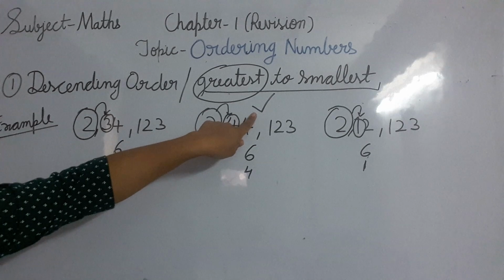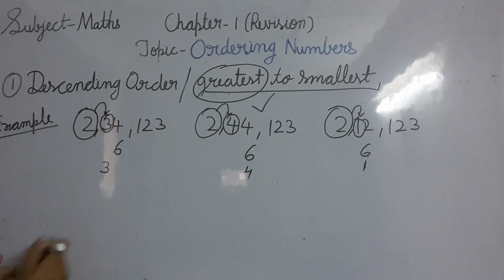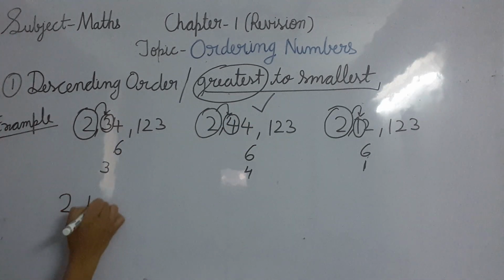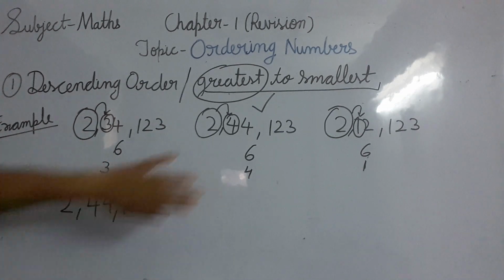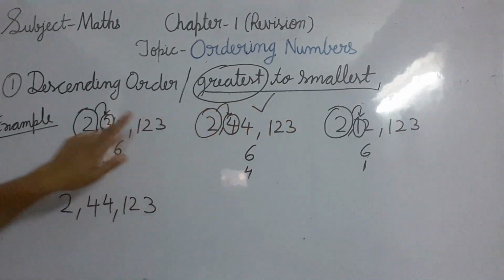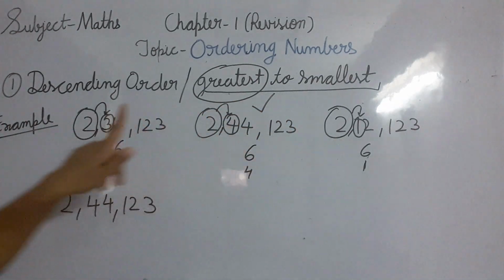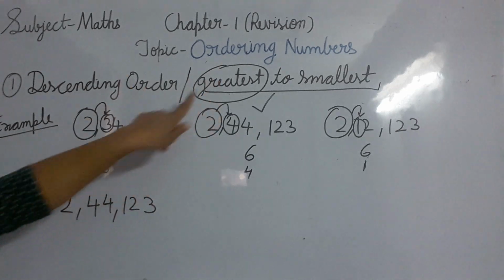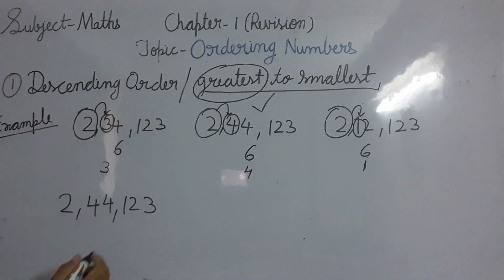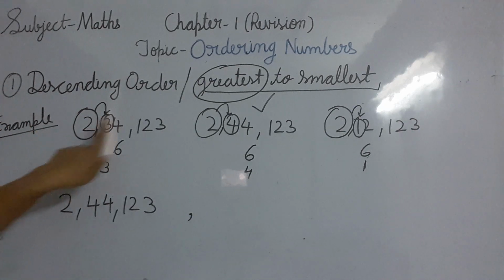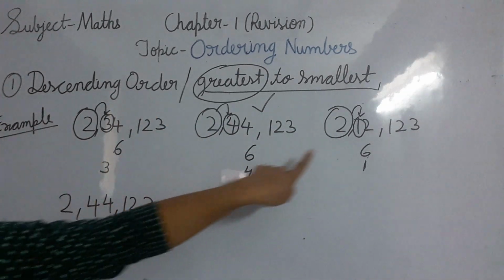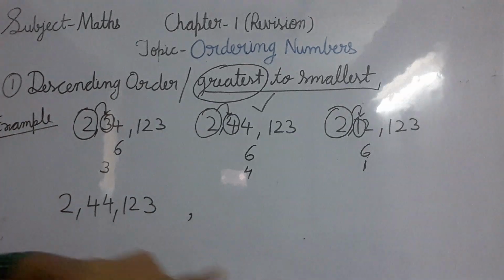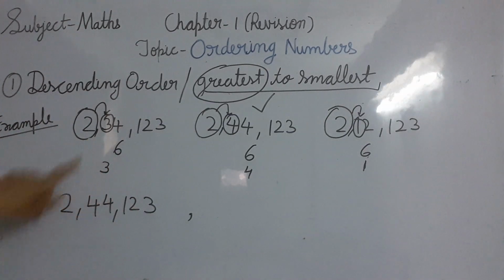Yes. So we'll make a tick here, and first we'll write this number: 2,44,123. Now this one we have done, so we'll not see this number. We are left with this and this. Now find the next greatest number. Only the greatest you have to find. So what should be the next greatest number here? See here, 2, 2, yes, leftmost is same. The next digit we have 3 here, and the next digit we have 1 here. So which is the greatest number here? This one.